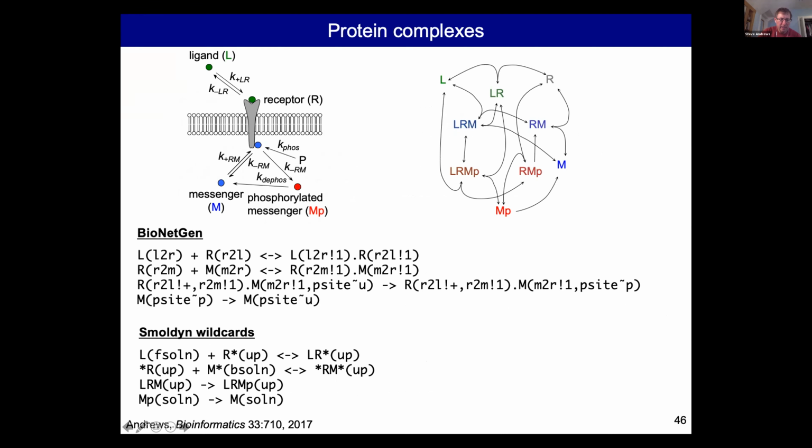So here it says ligand in solution plus receptor bound to anything, R star, like wildcards in your operating system, binds to LR star. So LR plus anything. Or star R plus M star forms star RM star. So it's like wildcards in an operating system, and R star means R with anything beyond it, but in addition it means the anything is copied over into the product. It's a neat addition to wildcard systems of identifying stuff here and copying it over to the product, expanding the system.